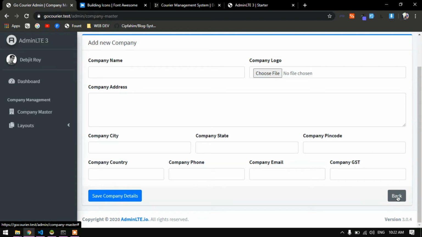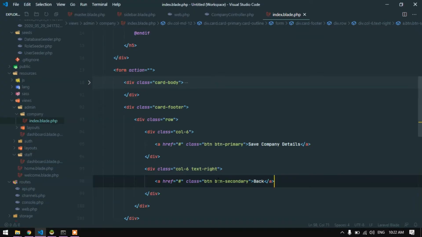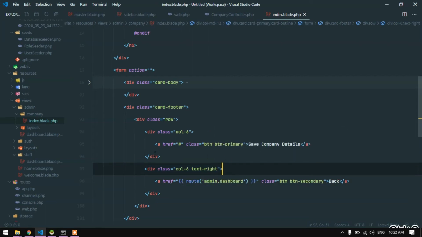Okay, so in the back method, I will give a route over here for the dashboard: route admin dot dashboard. And for the company details, I need to actually make it a button. I cannot do it like that, so I will type button,